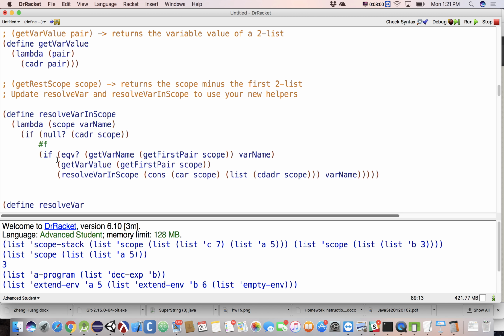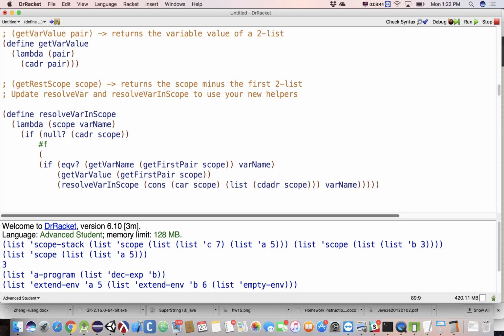All right. Now, any red flags pop up here? What should we probably be using here? A let. Why a let? Yeah, I'm doing the exact same thing 2 different times, so it probably makes the most sense for us to put get first pair inside of a let, so that we only have to do that one time. Now, we kind of know that get first pair is not a super scary thing, but it would still be good practice to create a local environment to throw that in a variable. If we're thinking of this in Java terms, throw something in a variable so you can use it more than once. So if we're going to do that, we would create a let,